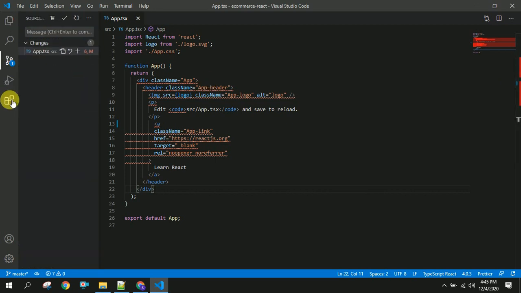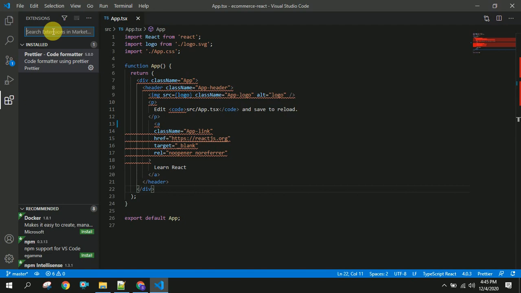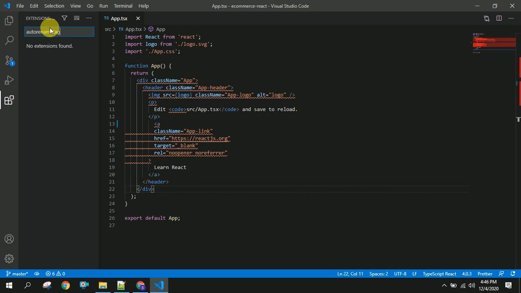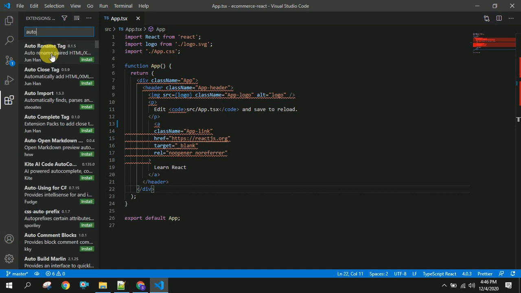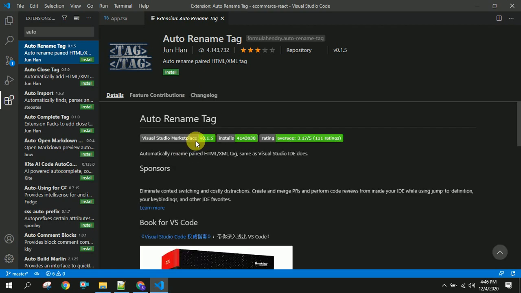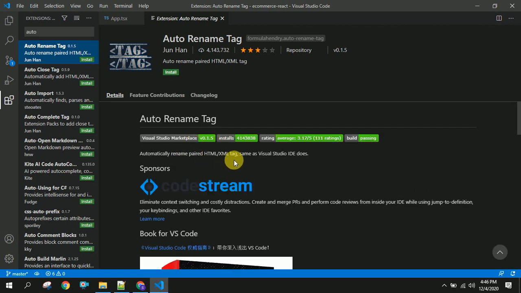And the next installation I am going to use is Auto Rename Tag. If you install this, it will automatically rename the tags you are changing.